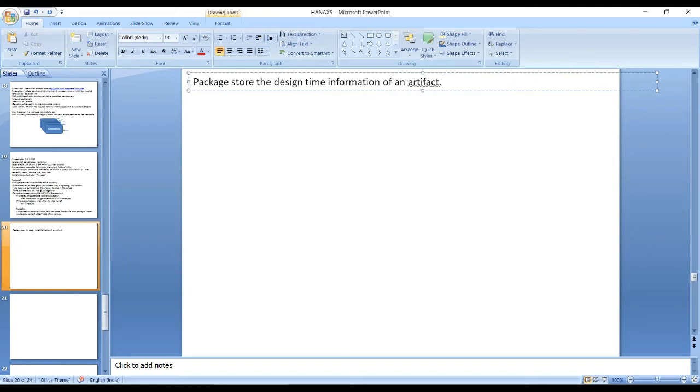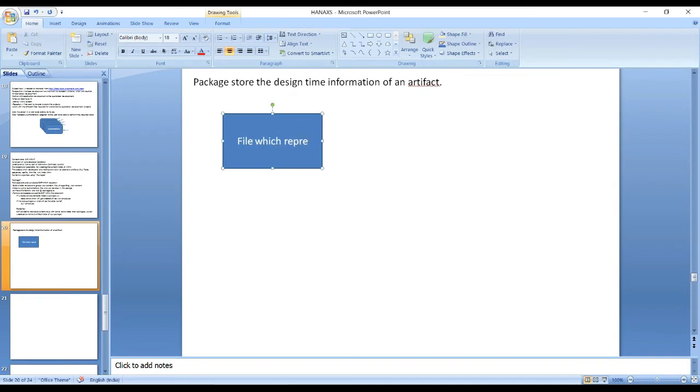For example, in the next session, I will start creating a table. I will be creating just a file. I'll not create a table. I'll create a file which represents a table. And when you activate this,